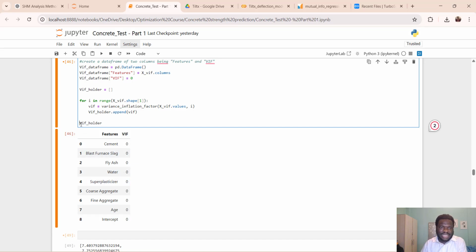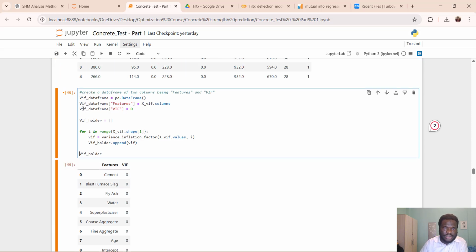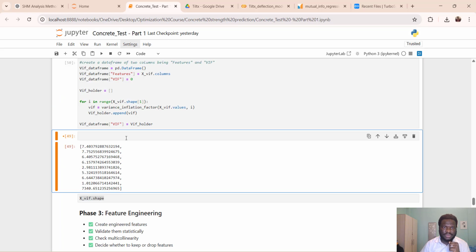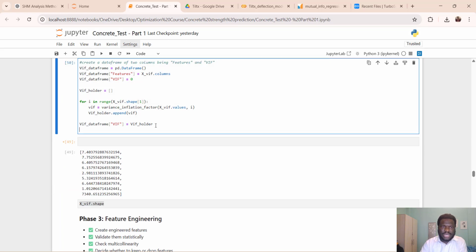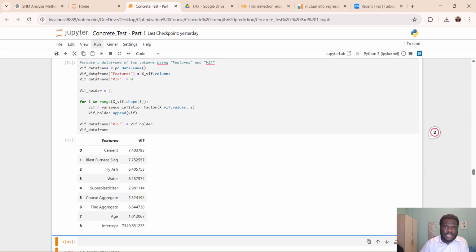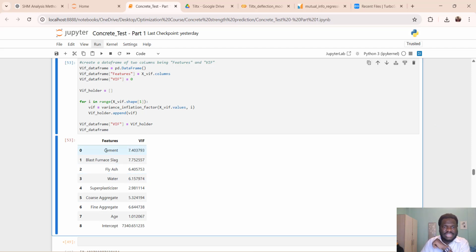So I can simply say, what's this data frame called? It is called VIF data frame, right? So the same way I had it here, I can say VIF, Ctrl C, Ctrl V. So instead of equating it to 0, I would just say equals VIF order. If I run this, okay, now I need to run VIF data frame. So if I run this, now if you look at the values,